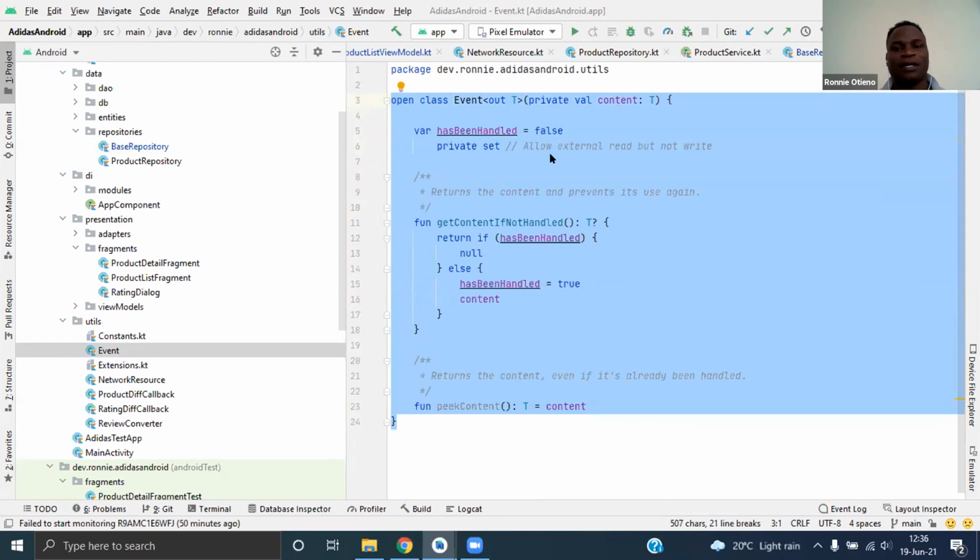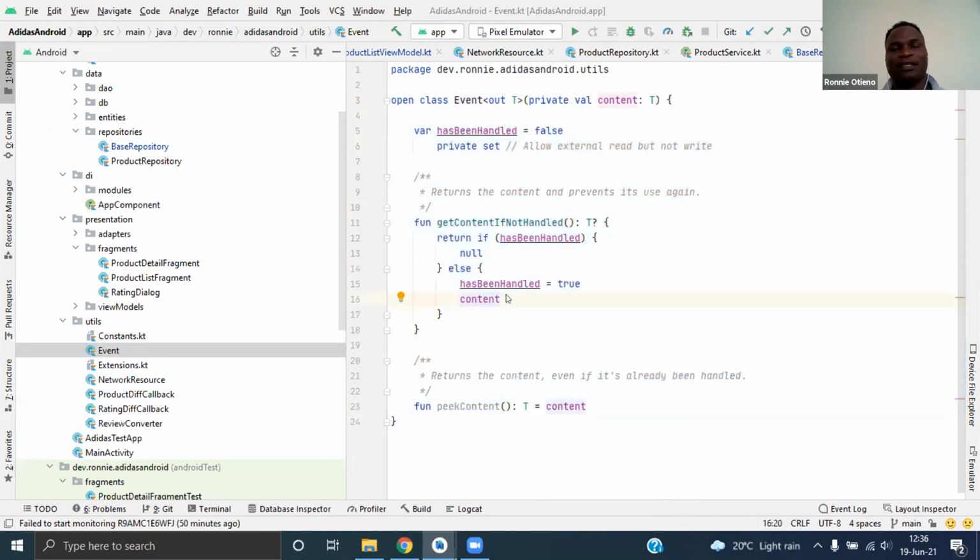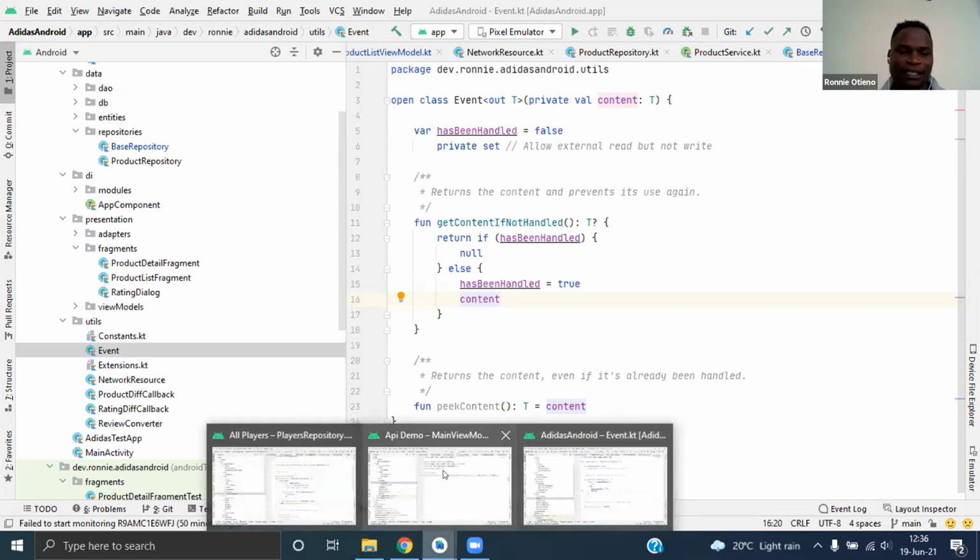So it can only be called once, because live data can be called again. For example, let's say a person was logging in. The first attempt, they didn't put good credentials, and we get the data back as wrong. If you try again, you will get the data that was there before. So if you use Event, we only capture the data once. That will help us not to reuse the data.